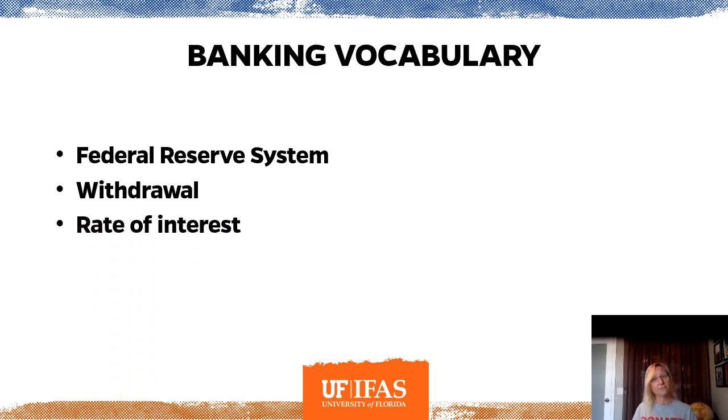The rate of interest. So I like to say the goal is to earn interest and not pay it. When you have a savings account or have invested in or have put money into a certificate of deposit, a CD, you are interested in knowing what the rate of interest you will earn on that savings, as some percentage. When you borrow money, it's important to know the rate of interest that you'll be paid to pay that money back. You pay that money back, but